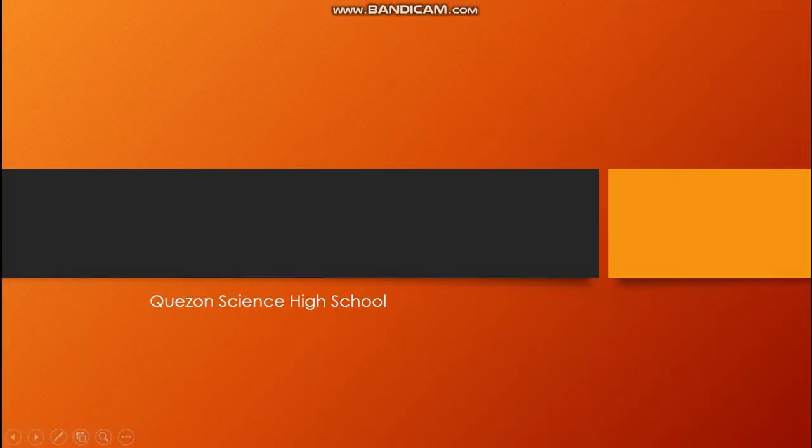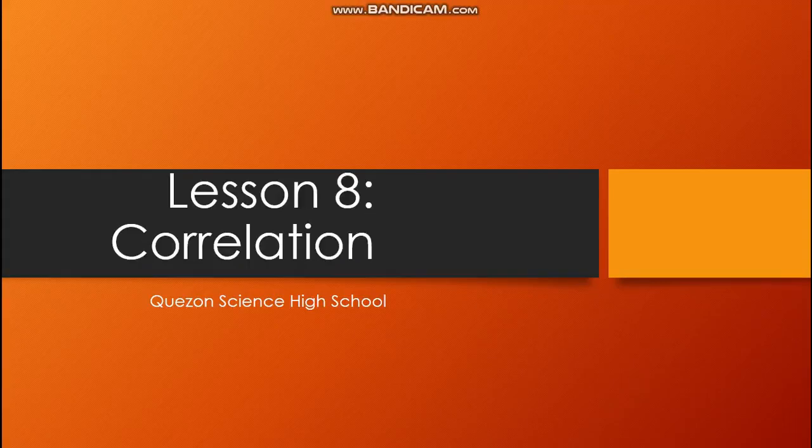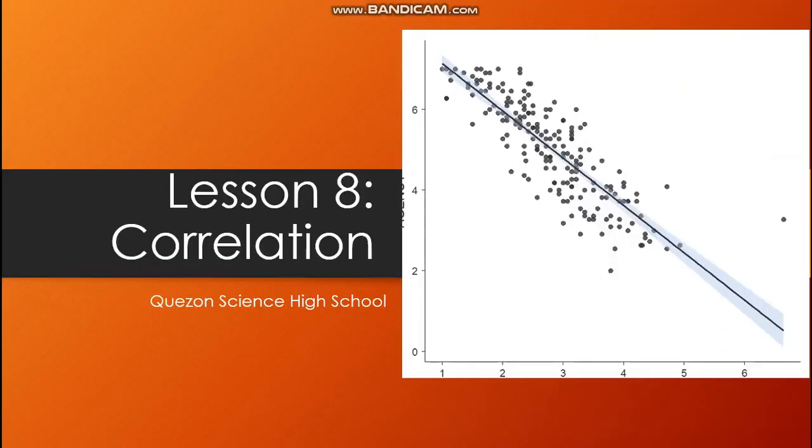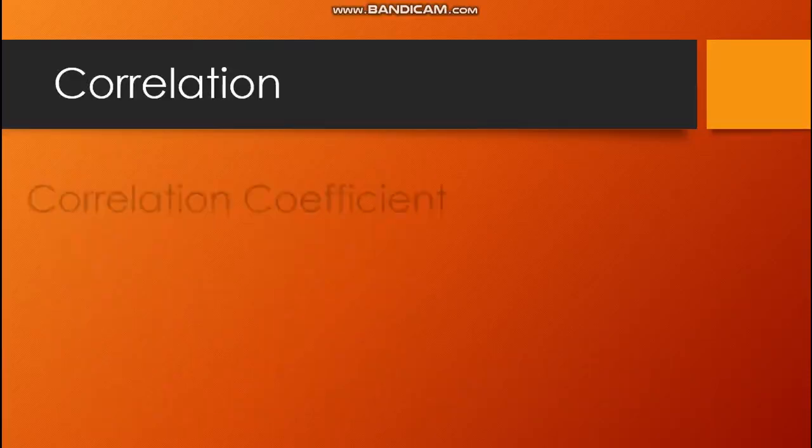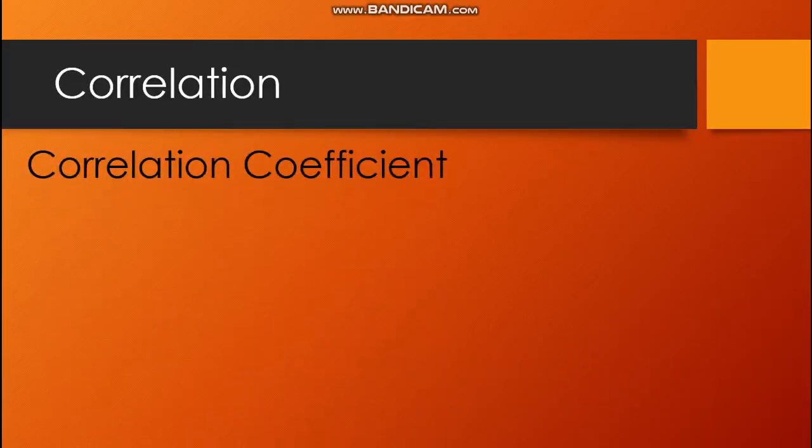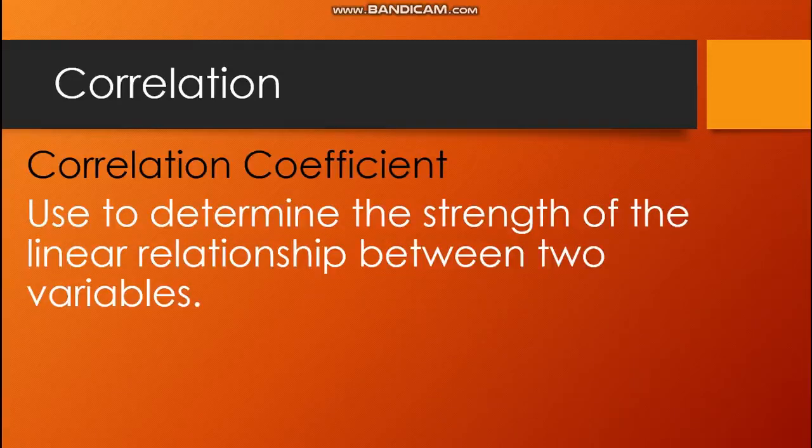Okay, good day. So for this day, pag-aaralan natin yung correlation, which is our lesson number 8. Specifically, mas kailangan nating maintindihan yung tinatawag nating correlation coefficient. Ano ba yung correlation coefficient? It is used to determine the strength of the linear relationship between two variables. So, ibig sabihin, we're going to compute the correlation coefficient because it will tell us the degree of relationship between